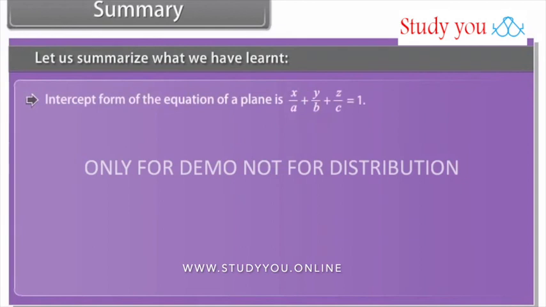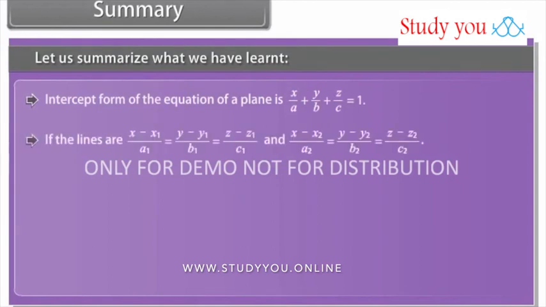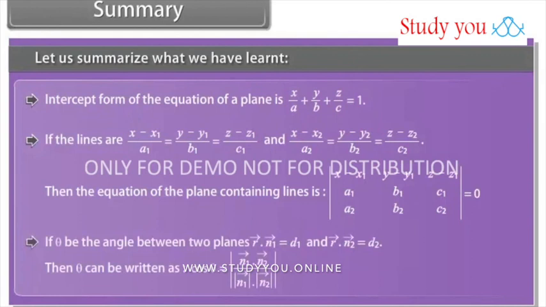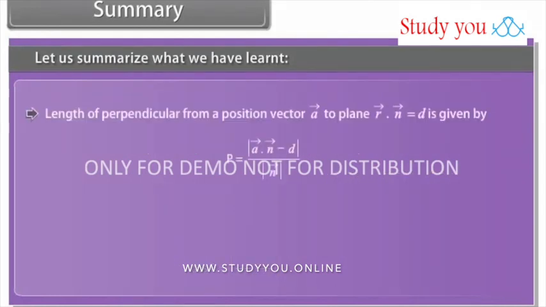Intercept form of the equation of a plane is. If the lines are, then the equation of the plane containing the lines is. If theta be the angle between two planes, then theta can be written as. Length of perpendicular from a position vector A to plane is given by. The angle